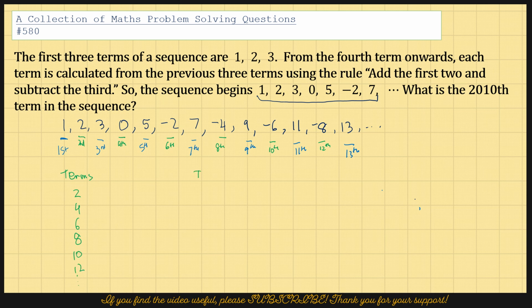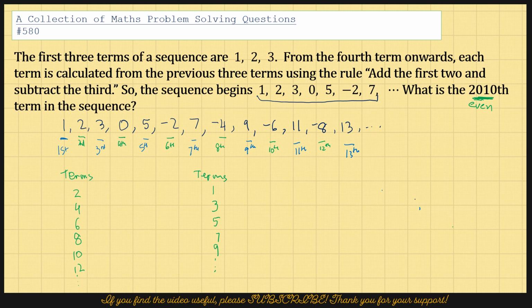The terms at the odd term numbers, the first, the third, the fifth, the seventh, are in sequence, and the even term numbers are in sequence. What we need to find is where the 2010th term lies. 2010 being an even number, a good guess is it's going to lie in the sequence of even-numbered terms. So if we write out